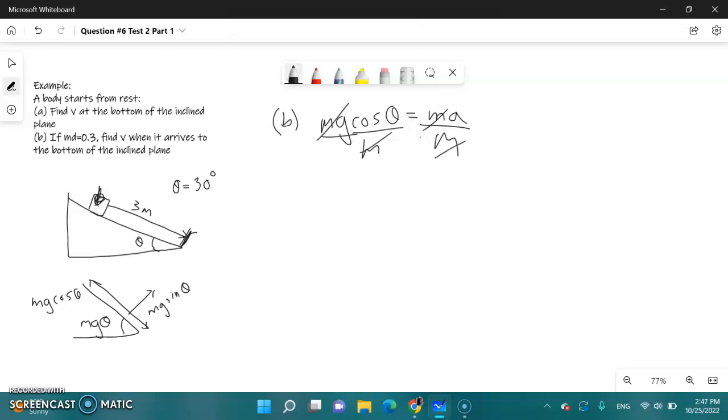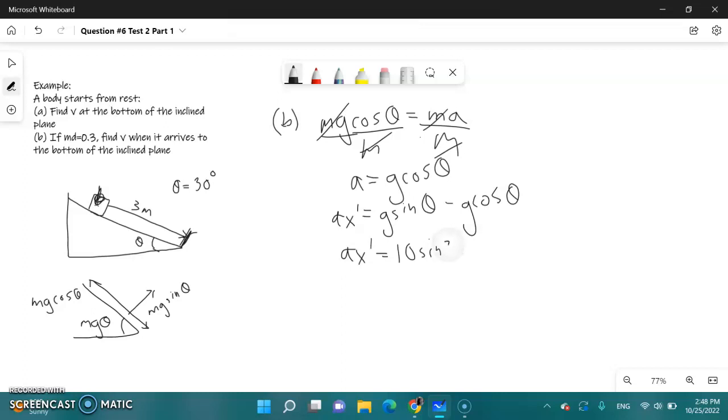And then to solve for the acceleration, we'll have a equals g cosine of theta. And then since we're trying to find the parallel, we have ax prime equals g sine of theta minus mu g